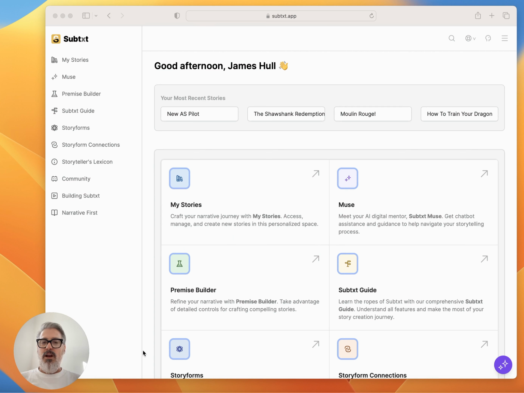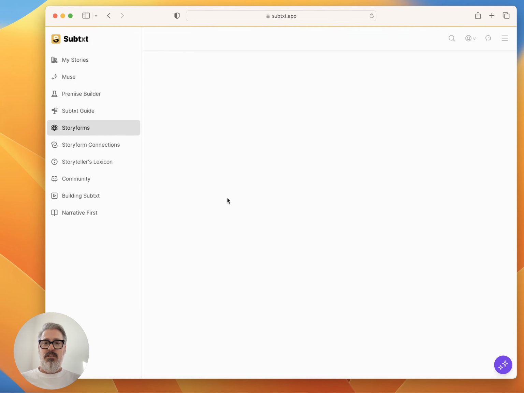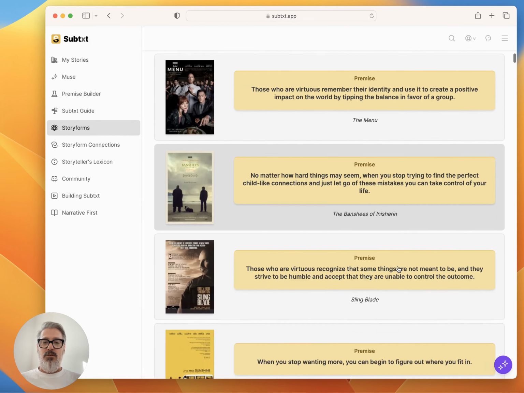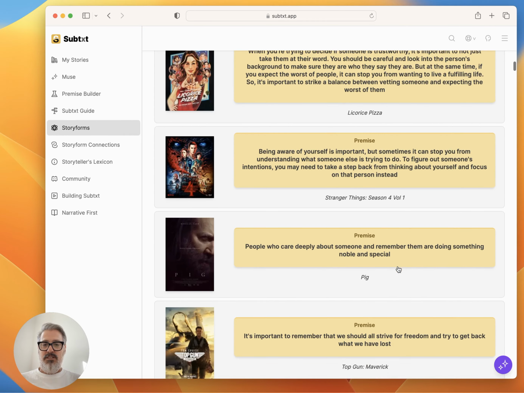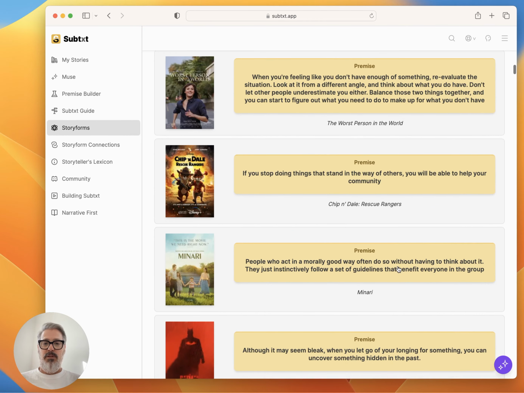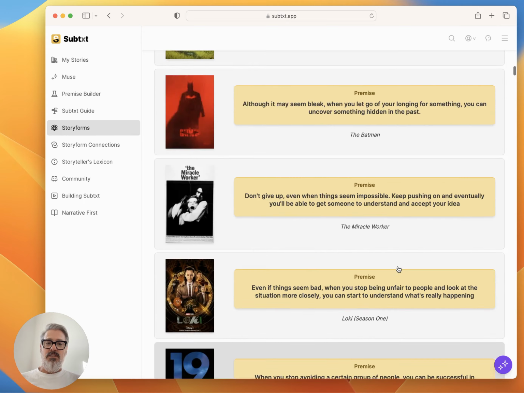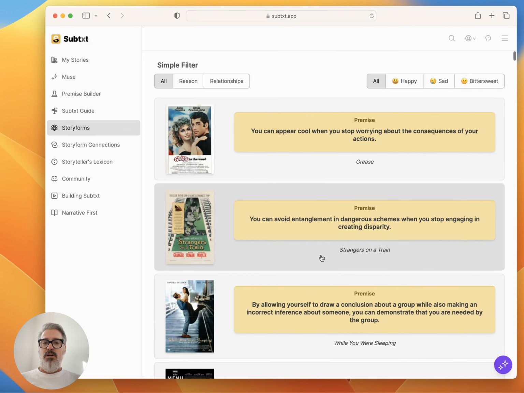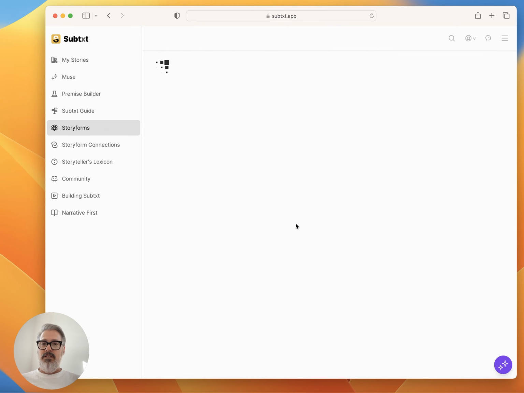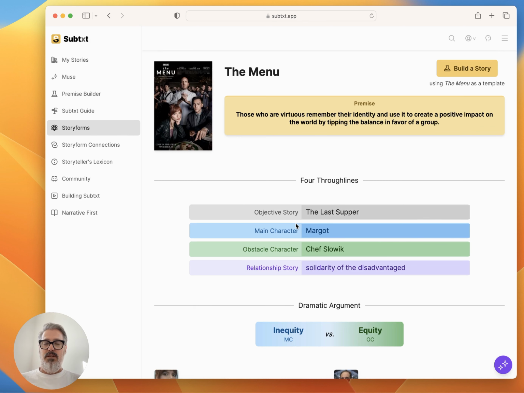Today, I want to go over how you can use Subtext to teach you everything you ever wanted to know about deeply meaningful narrative structure. Let's say you were watching one of the 500 plus movies that are listed here. There's a couple novels, a couple plays, a couple television series. But let's say you're watching The Menu and you'd like to know a little bit more about the narrative structure